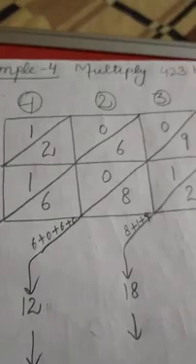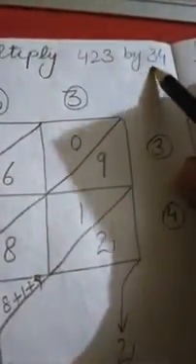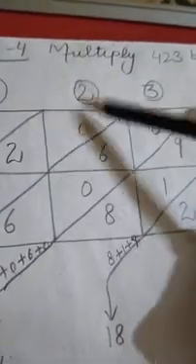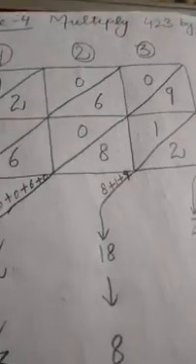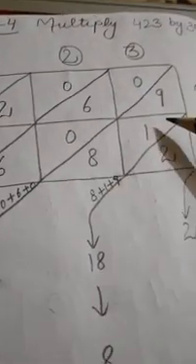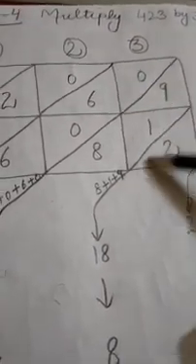When we do the multiplication in another way, we also get 840. It means whether the way is the lattice method or the simple product method, the answer will be the same in both methods. Now see one more example, that is multiply 423 by 34. 423 means 3 columns and 34 means 2 rows. Again we will draw the 3 columns and 2 rows, and diagonally we will make the parts of each box.